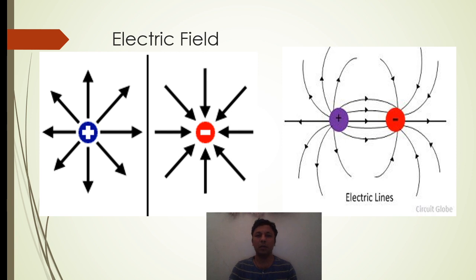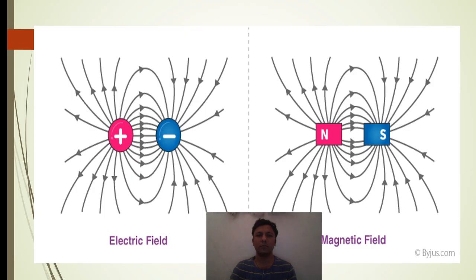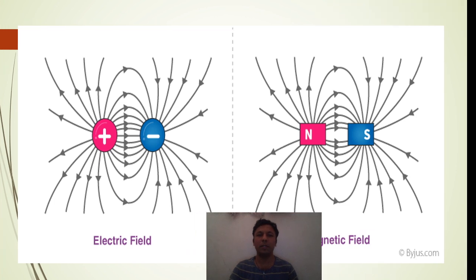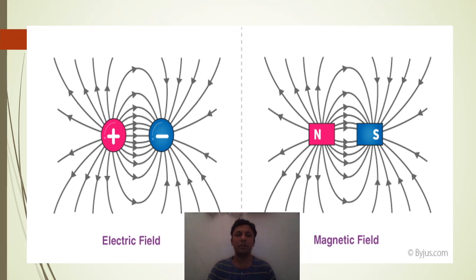We can easily understand this using this figure. You see that this is the electrical field and this is the magnetic field. The N pole takes the magnetic field and goes to the S side, the same as the electrical field comes from the positive charge and goes to the negative charge, and this is the complete electrical line, and this is called the magnetic lines. This is the electrical field and this is the magnetic field.